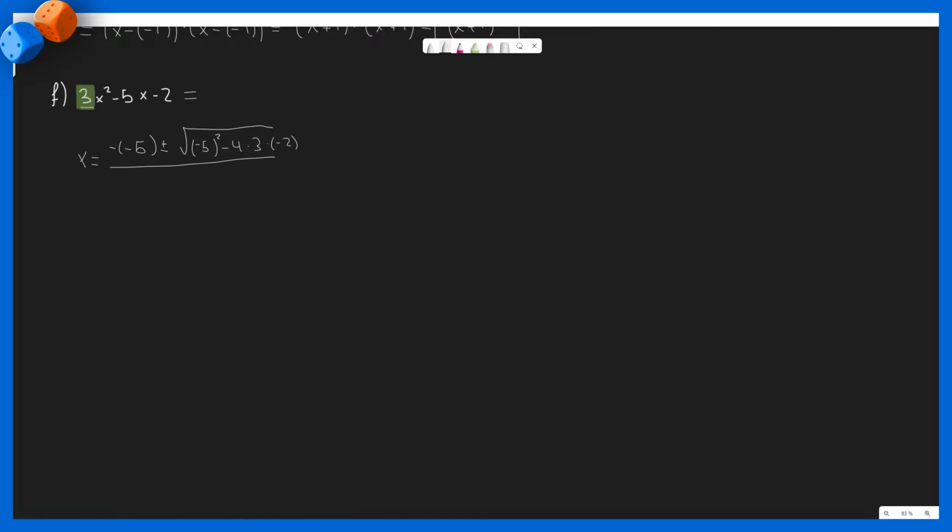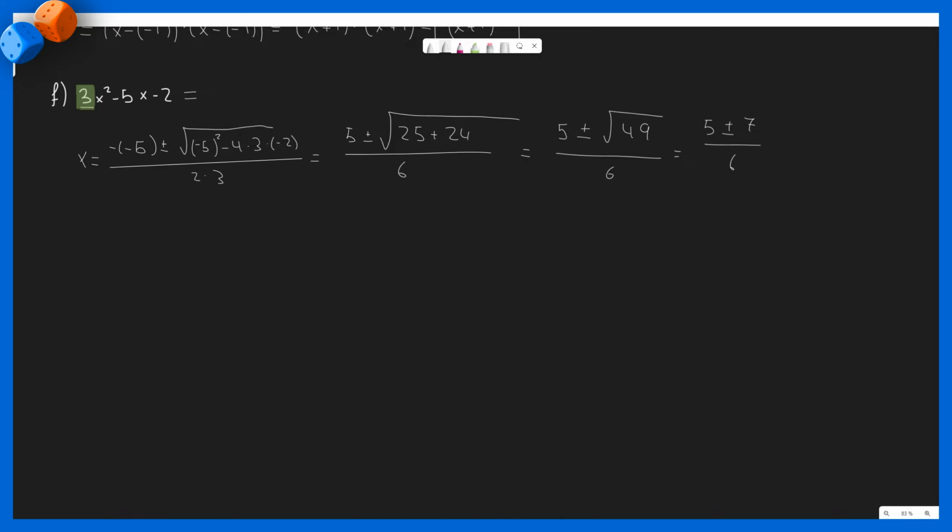All of it divided by 2 times a, which is 3. So 2 times 3. This is equal to 5 plus minus the square root of 25 plus 24 divided by 6, equal to 5 plus minus the square root of 49 divided by 6,